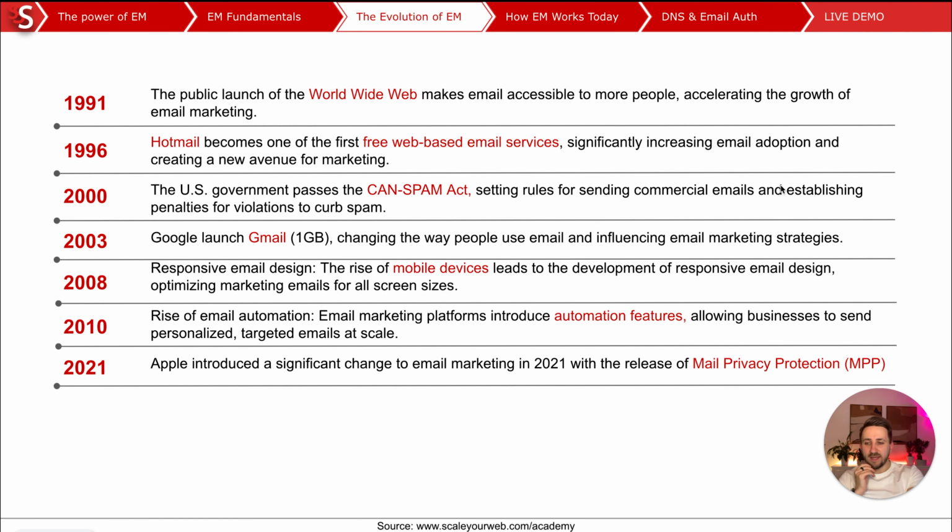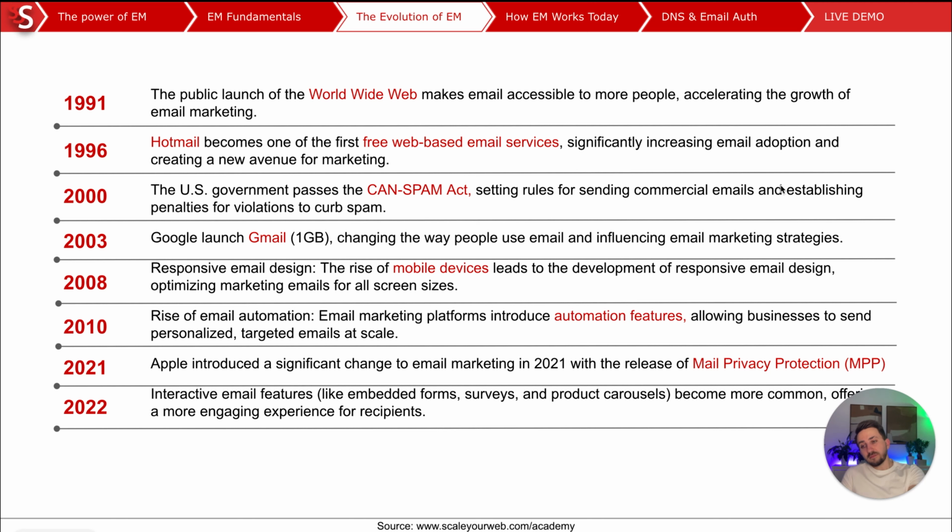In 2021, Apple introduced a significant change to email marketing with Mail Privacy Protection, and this fundamentally changed the ways of reporting and analyzing campaigns, because from those days you couldn't make data-driven decisions based on your open rate. So basically, email marketers became a little bit blind in the way Apple ISPs understand emails from users. And in 2022, interactive email features, embedded form service, again, you just receive your email